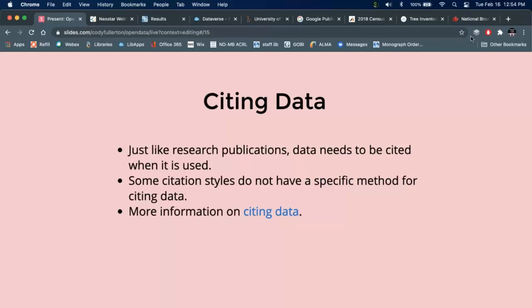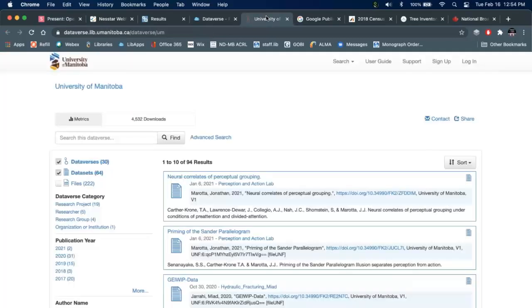And some citation styles still don't have specific methods for citing data. More of the science styles typically do. APA just kind of worked it in with their newest 7th edition, but some aren't. Some are kind of broad and not very specific, so a lot of people can find it difficult to cite. A lot of places on the internet, if there is a data set, for example, like our Dataverse, it tells you how to do it. You might have to change that up a little bit depending on your citation style, but it gives you all the elements that you need, right? Creator, author, year, title, URL, DOI, and then publication place, all that kind of stuff. So it gives you all the information that you might need,